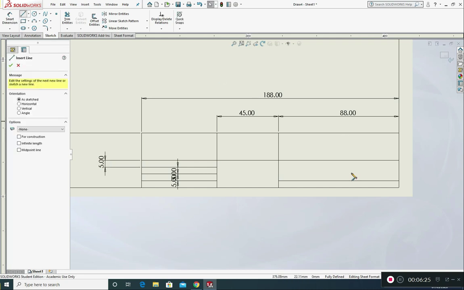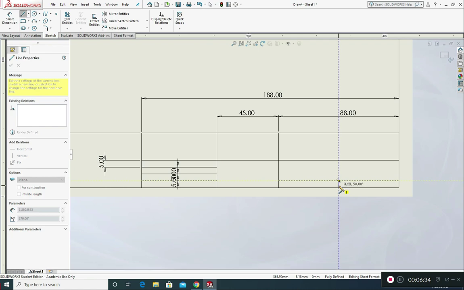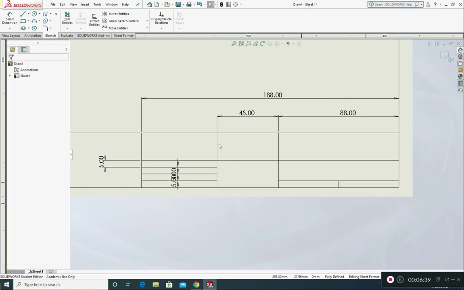Back up to line. I need a line to appear now in the center of this line, a vertical line. I'm hovering over the center point, I'm getting an orange square, I'm left clicking, moving down, left clicking. Press the escape key, and I want one more line